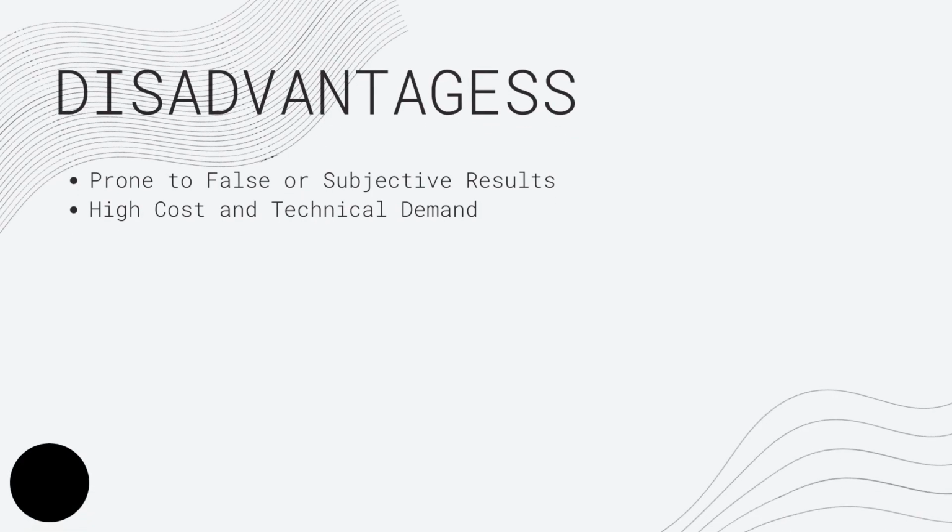And lastly, we have the disadvantages of the technique. Number one, it is prone to false or subjective results. In spite of its sensitivity and specificity, a Western blot can still produce false results. A false positive result is when the antibody reacts with a non-intended protein, and a false negative result can easily result